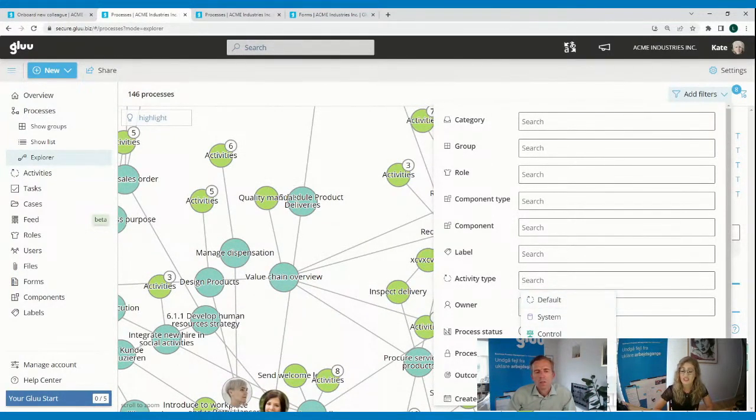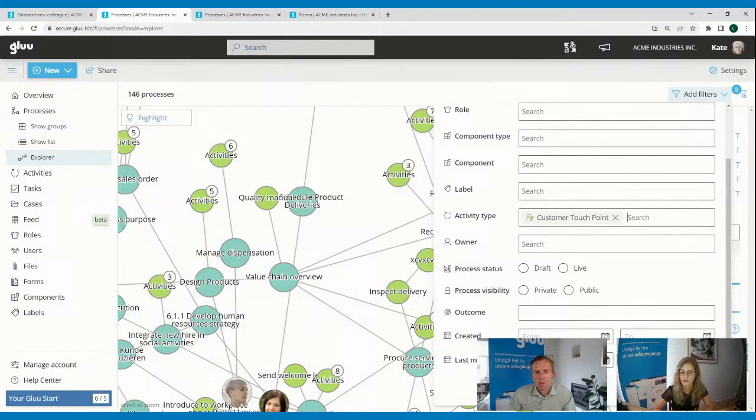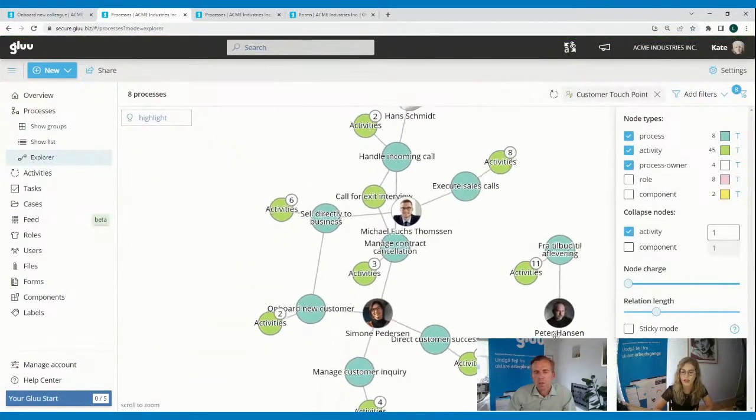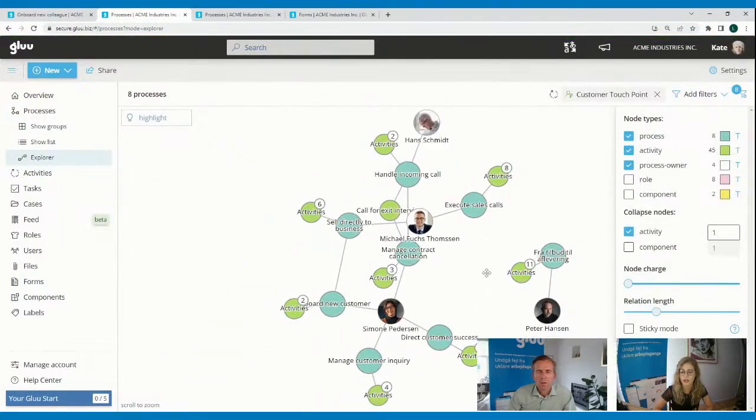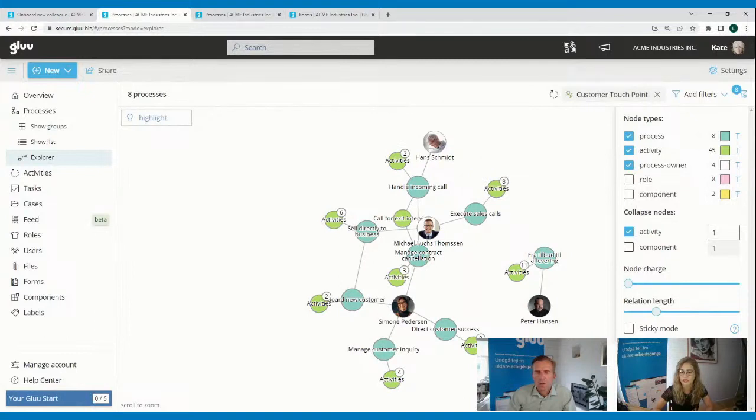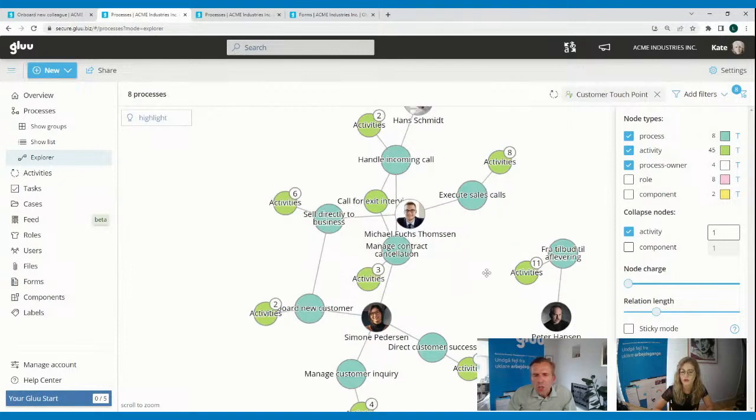Well, it's just as simple. You just, in the filter, you just put the customer touch point as your filter, and there you go. You see everything that's related to customer touch points. So which are the touch points here? Sorry, I couldn't hear you. Can you just repeat? Which are the touch points here? Yeah. Well, if the touch points are activities in Gluu language, so